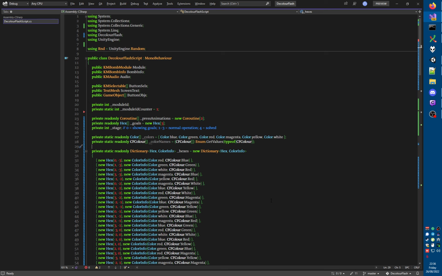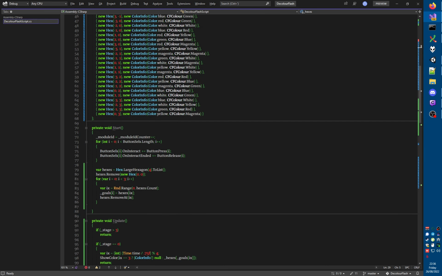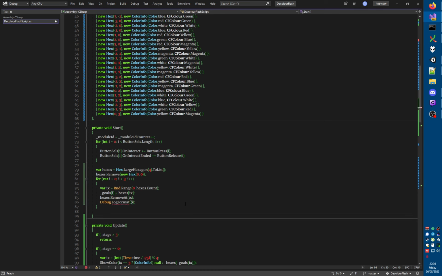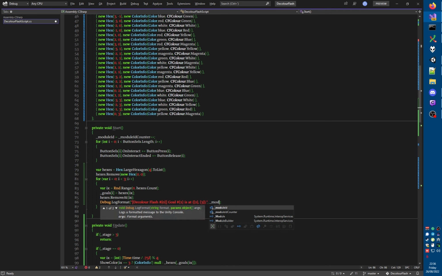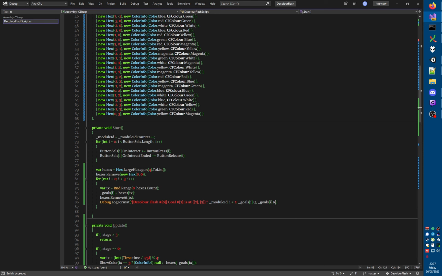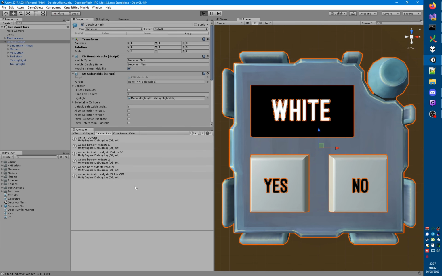Okay. Now, where was I? Oh, yes, that's right. I want to log the goals. So I'm going to say debug.log format, goal. Okay, so first of all, Decolour Flash, obviously. So goal number 1, 2, or 3 is at that. So the module ID, then we need the goal number, which is i+1, and then I'm going to say goals of i.q and goals of i.r. So these are the coordinates of the hex as I described. And